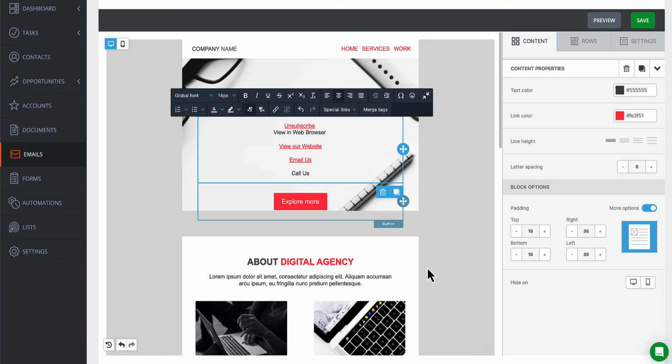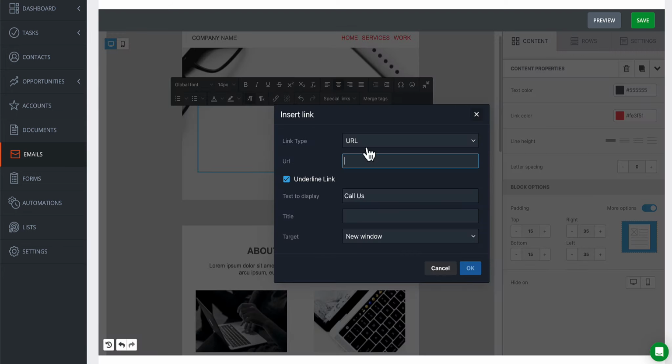Similarly, for a click to dial link, let's highlight the words we wish to link and add a telephone link type with a phone number. If the person has a call system set up on their computer or phone, it will automatically dial the number